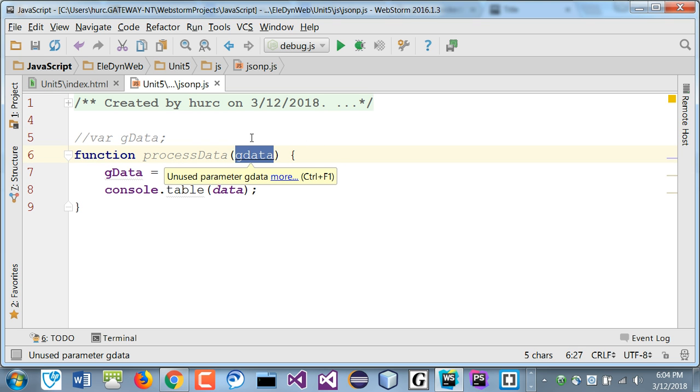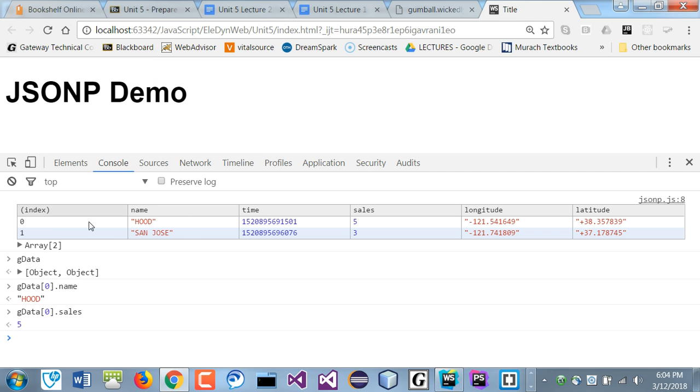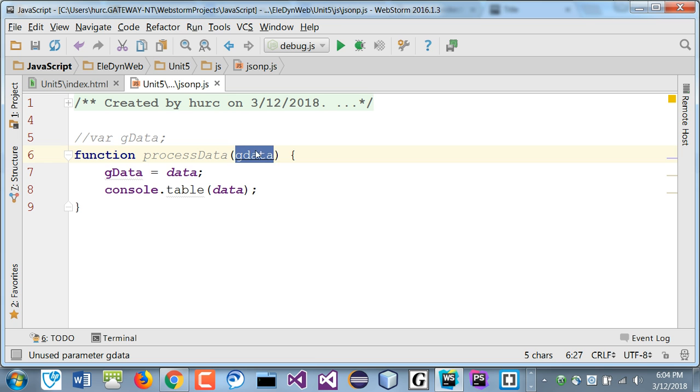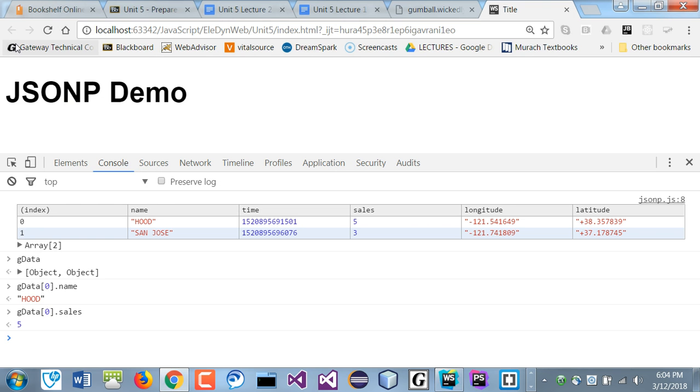This data is the one that comes from the site, so this data contains whatever this is, right? And then instead of doing that, I could just omit that. You mean I could put gdata here, right? Okay. So if I save that, go back here, and refresh, the data comes, same thing. If I type in gdata,